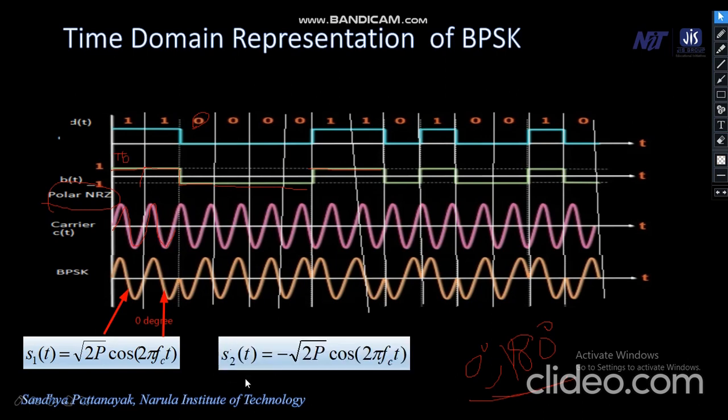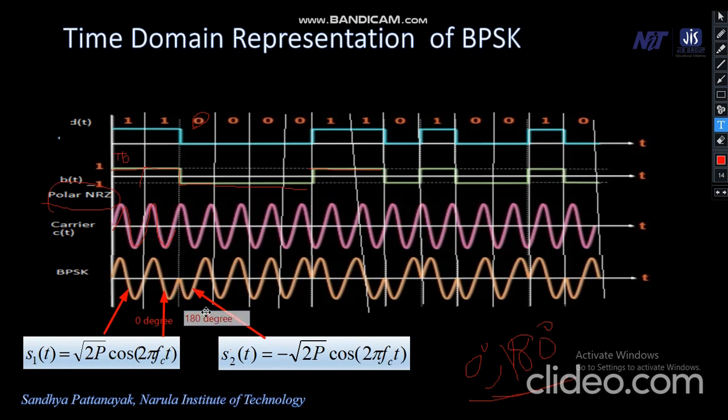Yes, it is minus root over 2P cos 2 pi fct. So in the previous bit duration, the signal is equal to root over 2P cos 2 pi fct, and in the third bit duration it is minus root over 2P cos 2 pi fct. So what is the phase shift between these two? Can anyone tell? It is equal to 180 degrees,